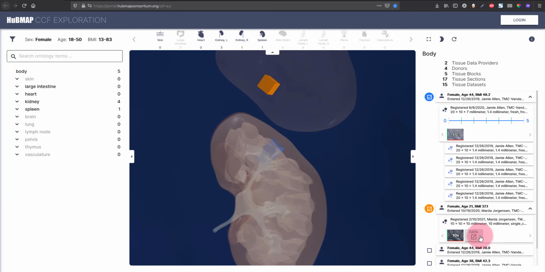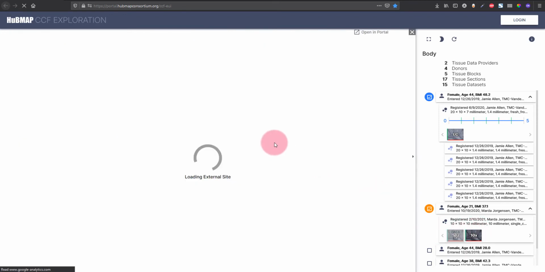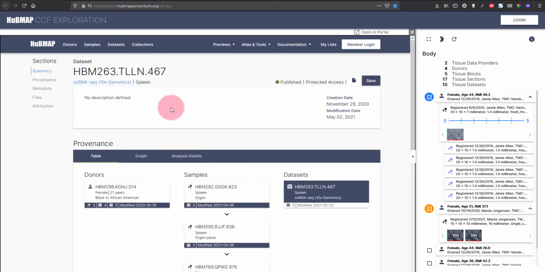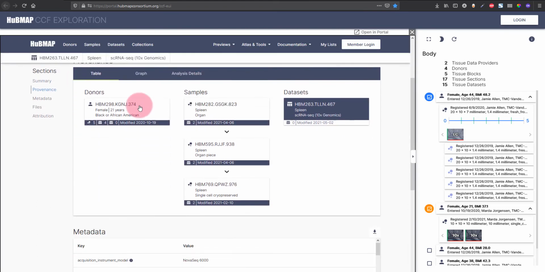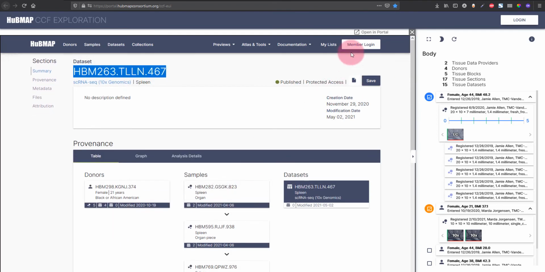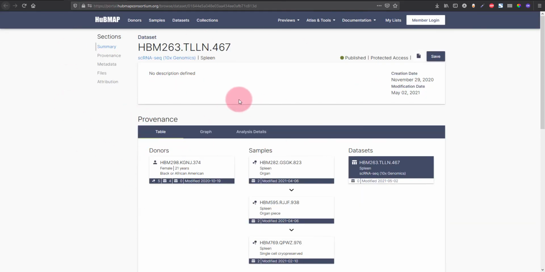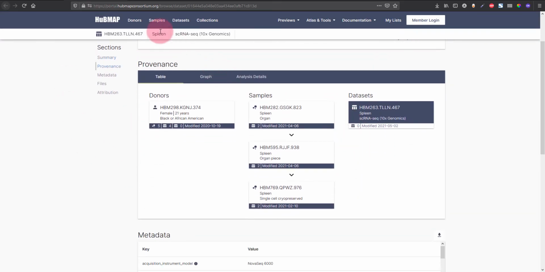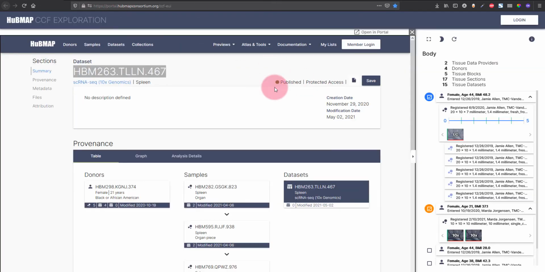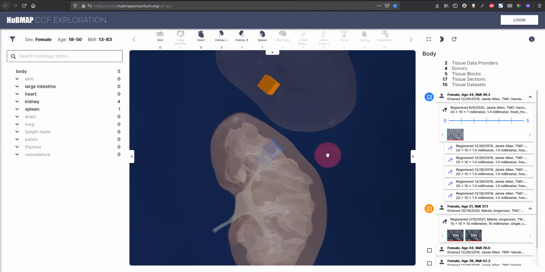And then if we click on these thumbnails, we can see the actual assay that was performed. So we can see here 10x. So let's click on this. And then the actual data set opens. Okay, we can also see the identifier of the data set and a whole bunch more information. And then we can click this open a portal button, and then a new tab opens, and we can look at the data inside the HubMap portal. And I can click this X here to leave this detail view again.